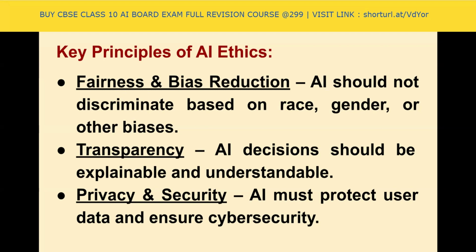Okay, so first, it should not be biased towards any particular gender, race, or other kind of biases which are there. And obviously, this should be explainable, why the result is this result. So there should be an explanation. And obviously, when we are using AI, people are putting a lot of data into different AI applications. So it should be safe and secure, so that the security and privacy of the data can be maintained.